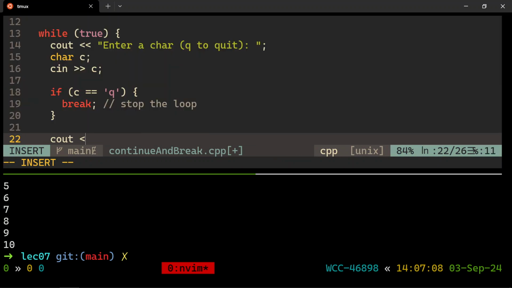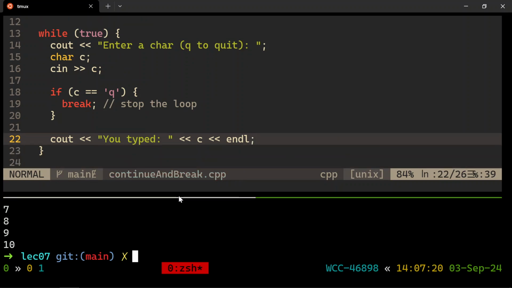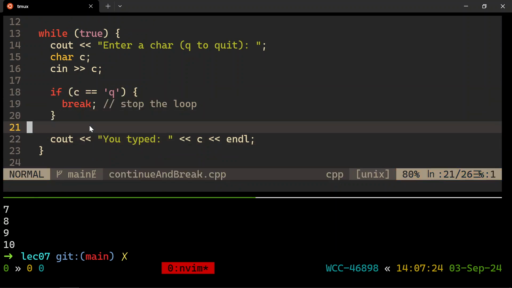And you can imagine that you could do something fancy, like put it in a file somewhere, save it for later, but we'll just print it back out for fun, right? You typed that character. Why not? All right, so break is going to stop our loop whenever this condition happens. All right, so we're not sure when. Could be a million iterations from now. This would otherwise be an infinite loop if they never typed Q, but we're giving them the chance. Right?